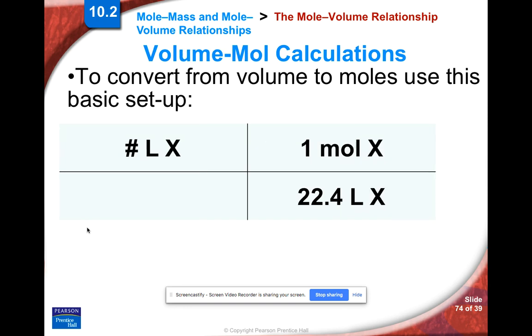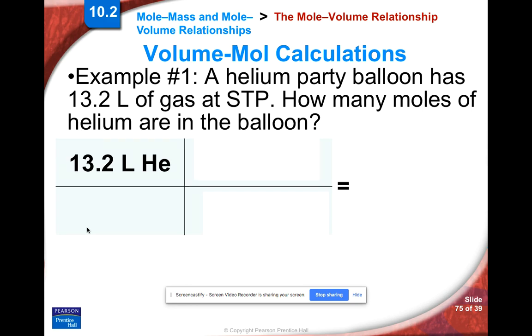Now lastly, let's try the reverse, where we convert from volume to moles. It's going to be the exact same thing, except you can see the second block we have inverted. The 22.4 liters is now on the bottom, and the 1 mole is on top. Okay, so the first problem